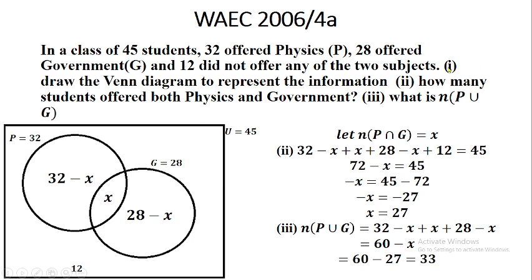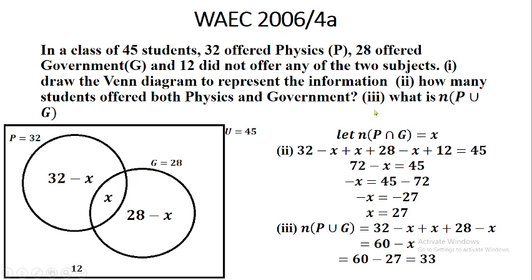So first question, draw the Venn diagram to represent the information. You want to see your Venn diagram. Then another question, how many students offer both physics and government? We don't know them, so we can represent them by X. So that means having X here. When you draw, first of all draw your rectangular box to represent the universal set, then draw a circle to represent physics, another circle to represent government,